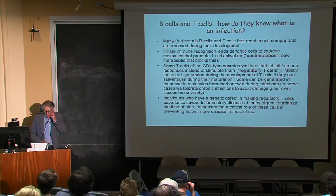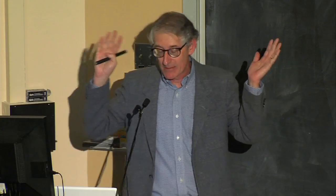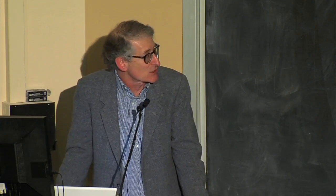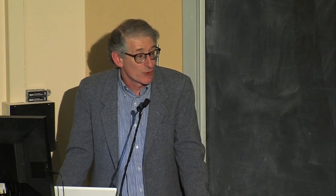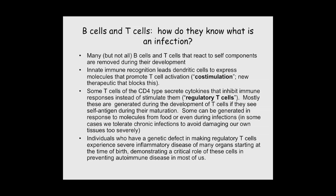All right. How do we know? I've left you with a big problem that immunologists don't fully understand. This is one of the really active areas in immunology research right now, including at UCSF, and that is, how do the B cells and T cells know what's an infection and what's pollen and cat dander and the food you ate that you had never eaten before and that kind of thing? And the answer is that it's a very complicated thing,